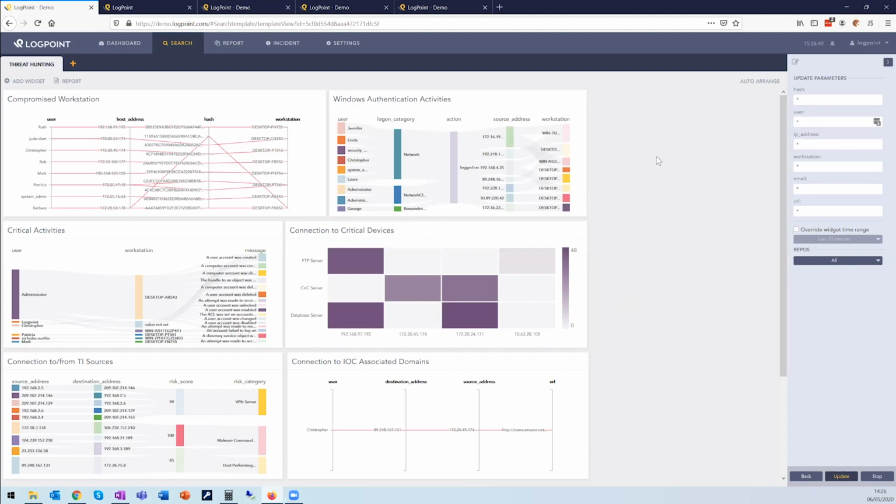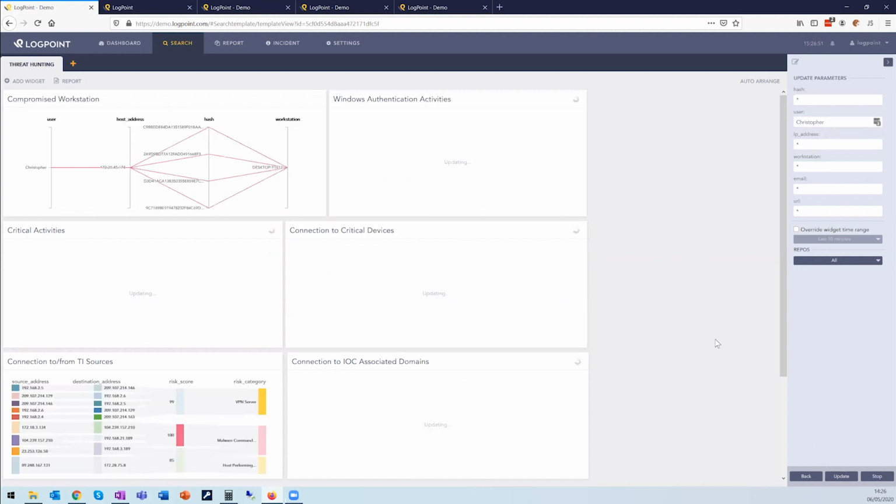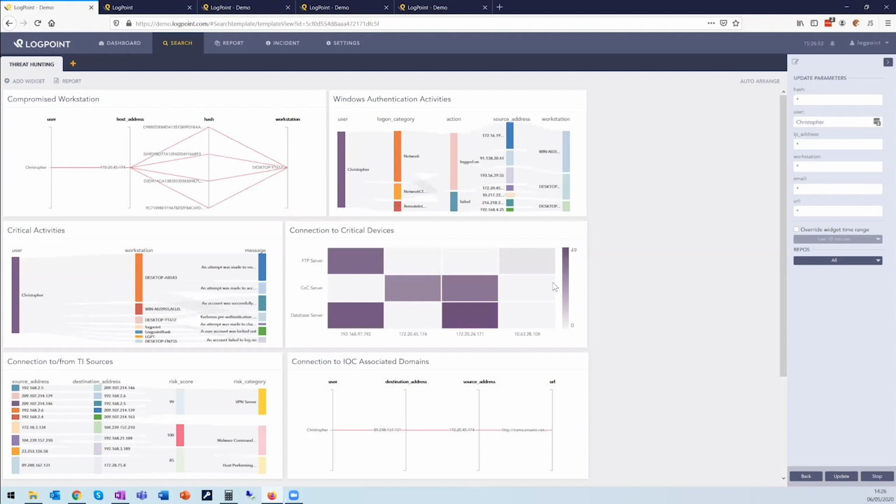and you can then search for certain things, because obviously with all these users in here, and potentially far more than this, this starts to become a bit unwieldy. But if you filter that down to something like just Christopher, and you hit update, it narrows that down, and you can see the machine that Christopher was connecting